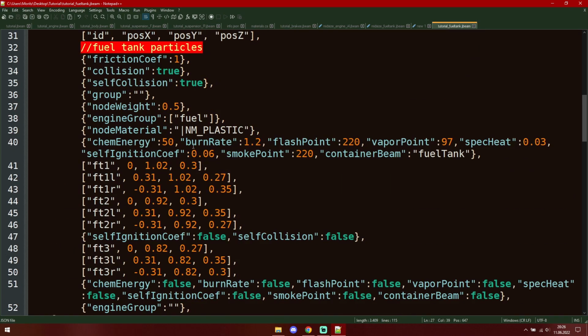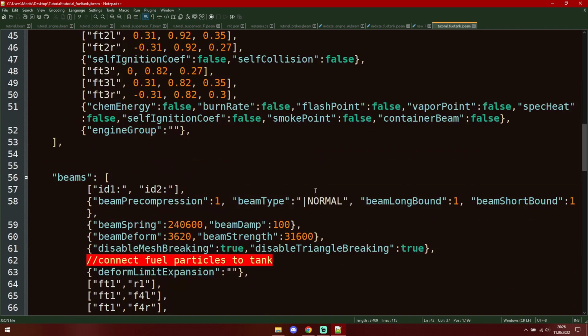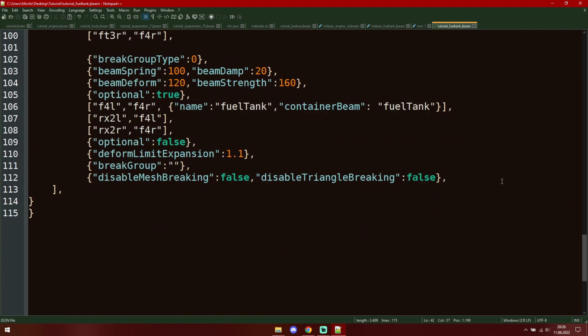And you can see here there is chemical energy and burn rate. So obviously, because the fuel tank has fuel in it, it will burn. And yeah, that's that right here. Now also here connect